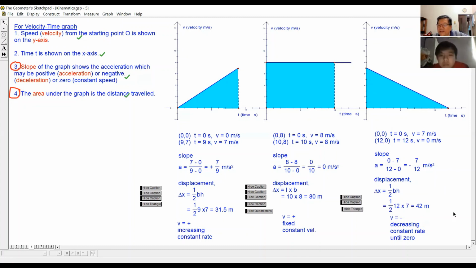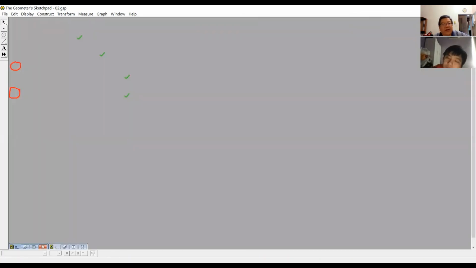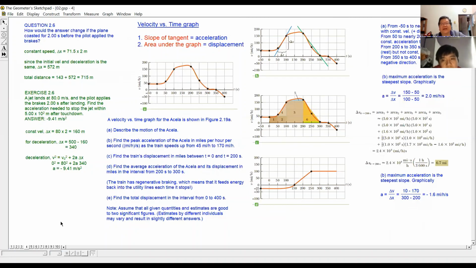Then the velocity is decreasing, and it will decrease from 7 until the velocity is 0. So with knowledge of this velocity time graph, with knowledge of the gradient and the area representing the displacement, you can read this graph. You see,